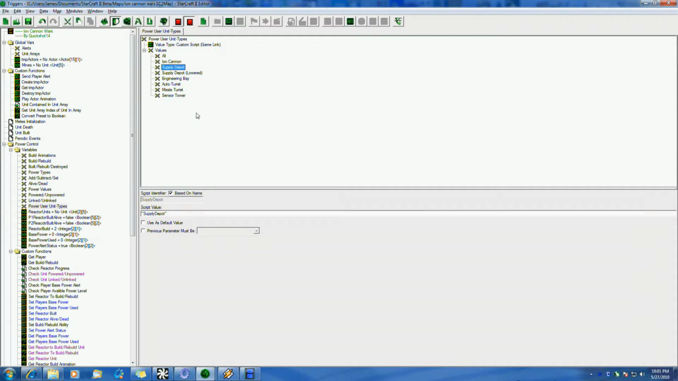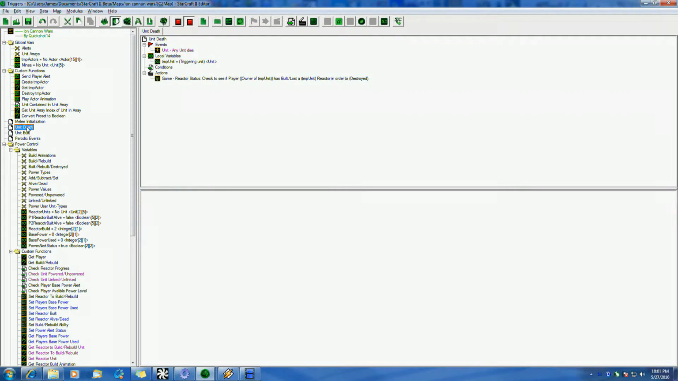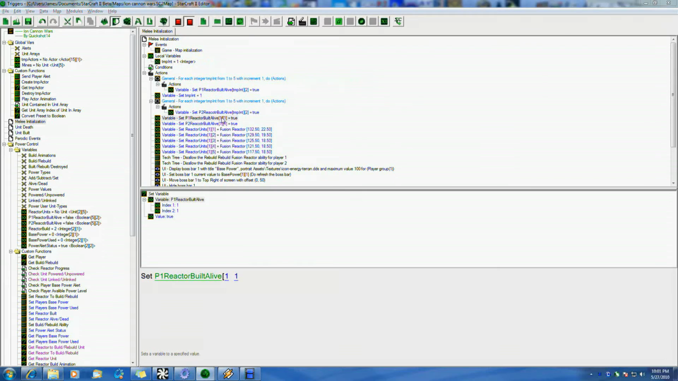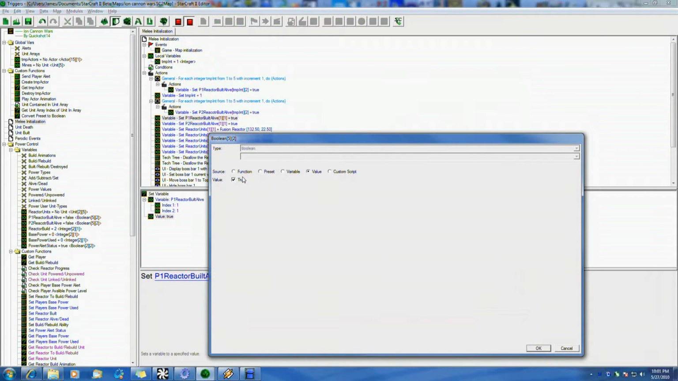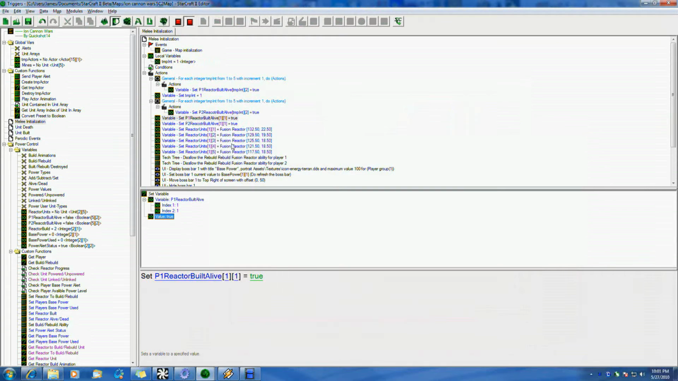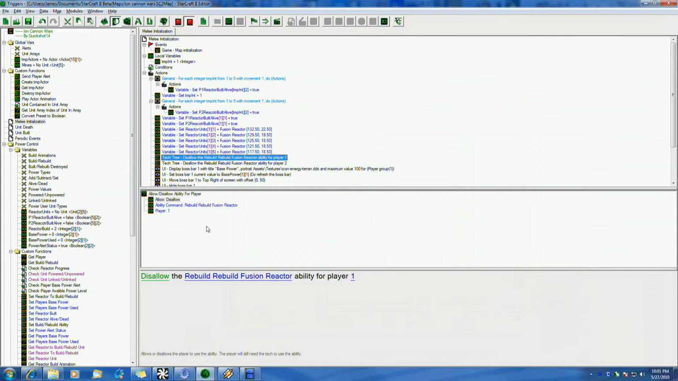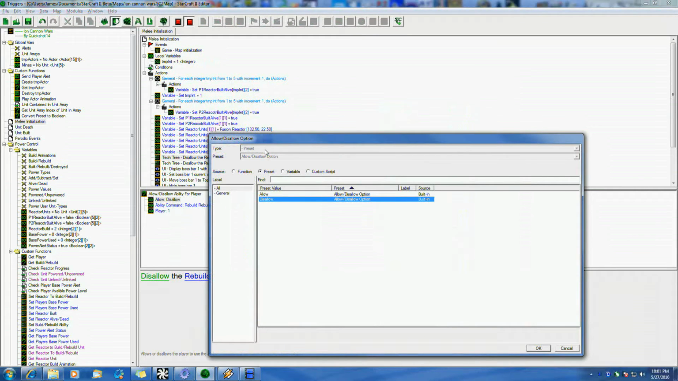You use presets all the time in the trigger editor, and a good example of that is when you're setting a variable, and if it's a Boolean... bad example. Right here: allow, disallow ability for player. This allow right here is a preset, and it says right here, preset allow, disallow option, and it's a simple